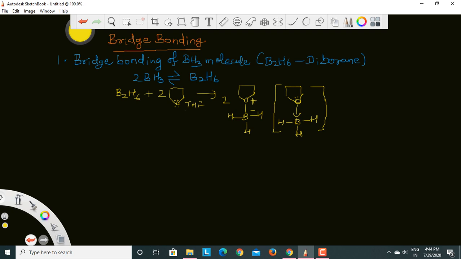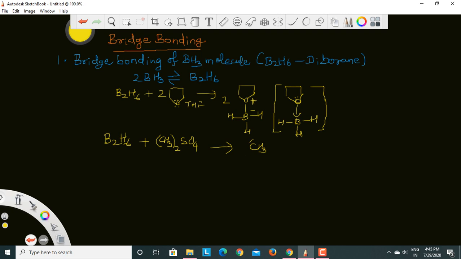Then what is the hybridization, shape, structure of B2H6? In order to understand this, many experiments have been done. One more reaction I can highlight. In diborane, B2H6, when it is reacted with dimethyl sulfate, (CH3)2SO4, it is found that you are getting